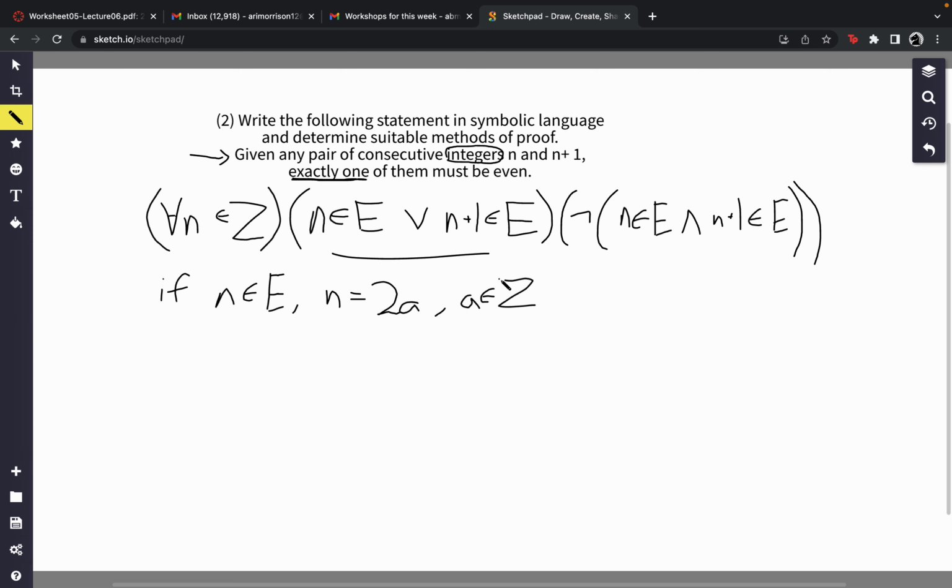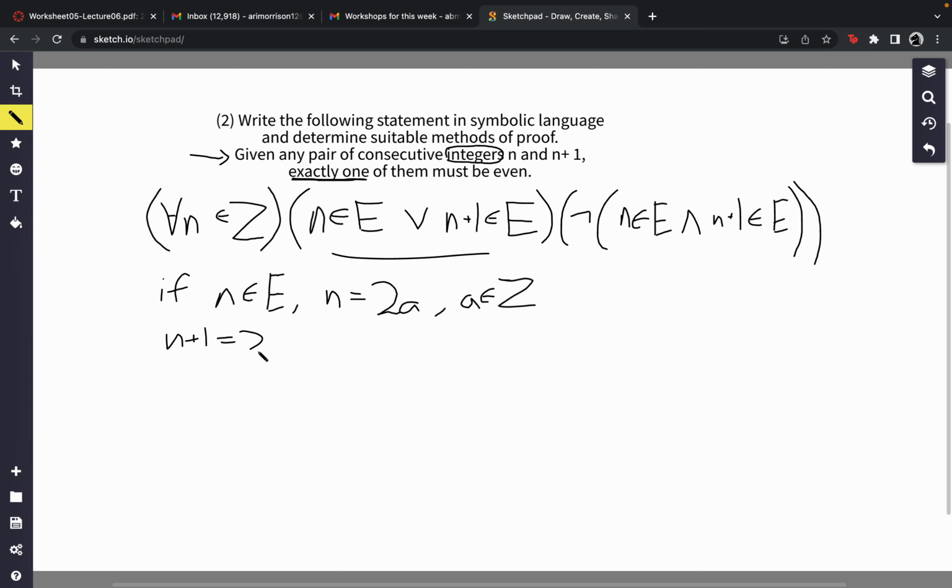Integer means that it's in the set of Z, that's its universe. So n is divisible by 2. That's basically what I'm saying here. And that is the same as saying n is even. Now if n equals 2a, and it's even, that means that n plus 1